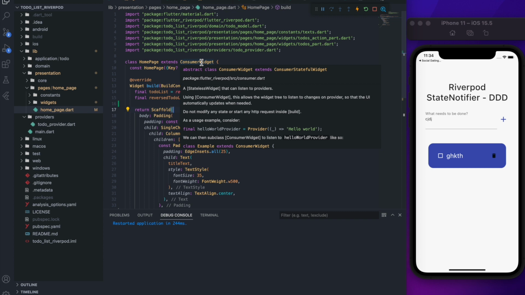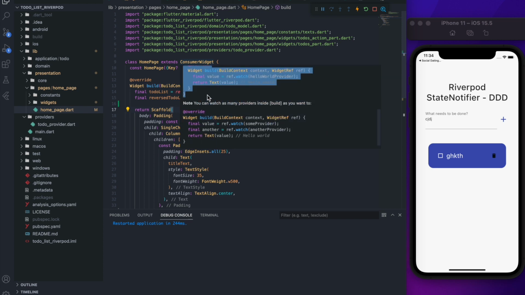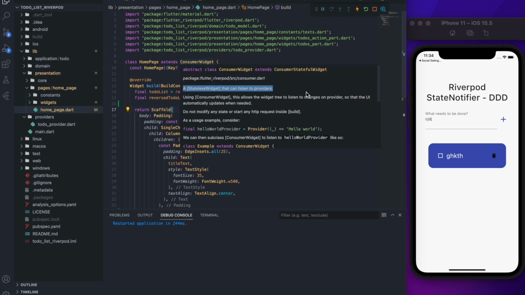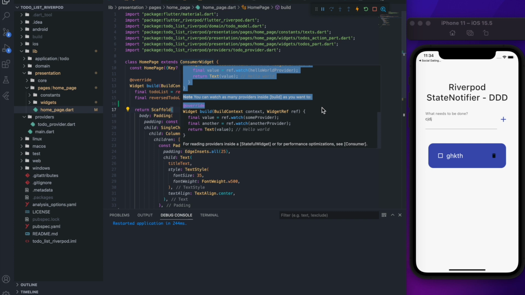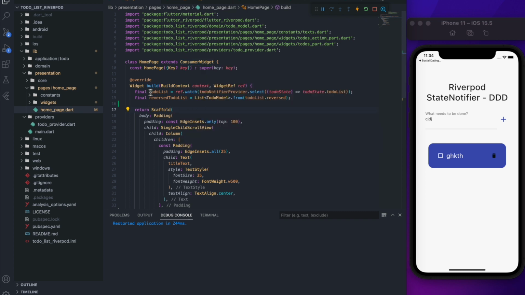If your page is a stateless widget, then you need to extend it with ConsumerWidget. But if your page needs to be a stateful widget, then your page class extends ConsumerStatefulWidget. And that's it, no more. If you want to learn the other details, you need to go to riverpod.dev, which is the official website. Okay, anyway,